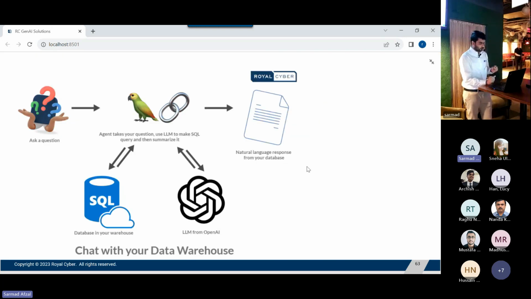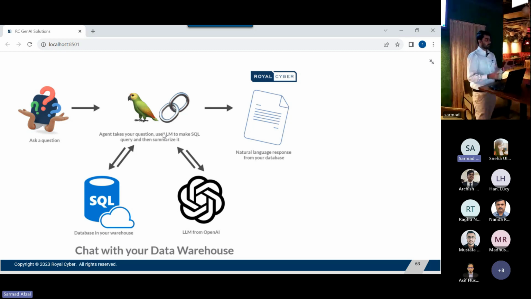Here's the infrastructure over here. So again, we are using LangChain agents for SQL, which are connected to a database, and with the large language model. In our case, we are using an OpenAI model. So whenever you ask a question, it starts generating SQL queries based on that question using a large language model and runs them on a SQL instance, and then finds you an answer and then summarizes, wraps it in a